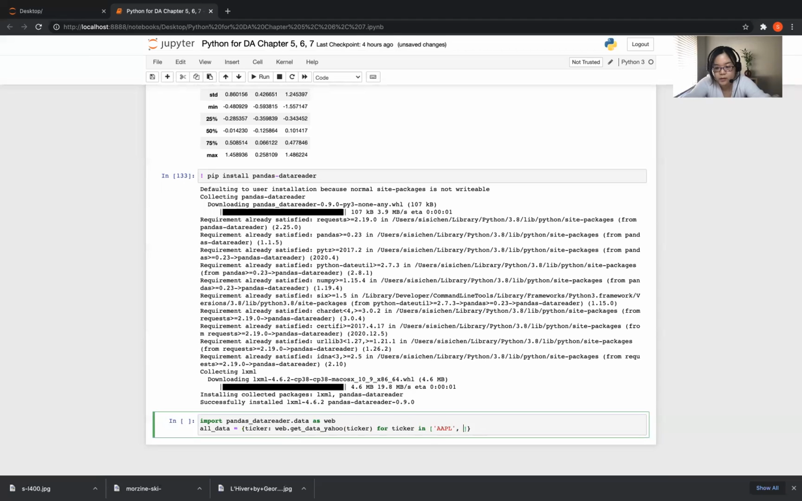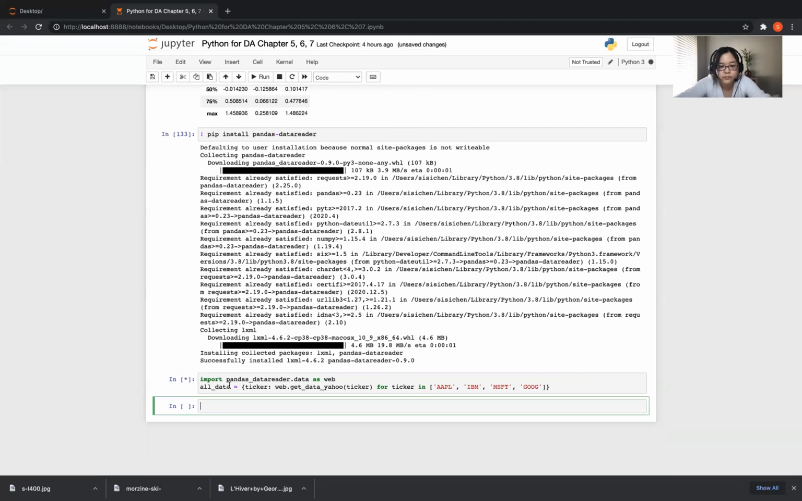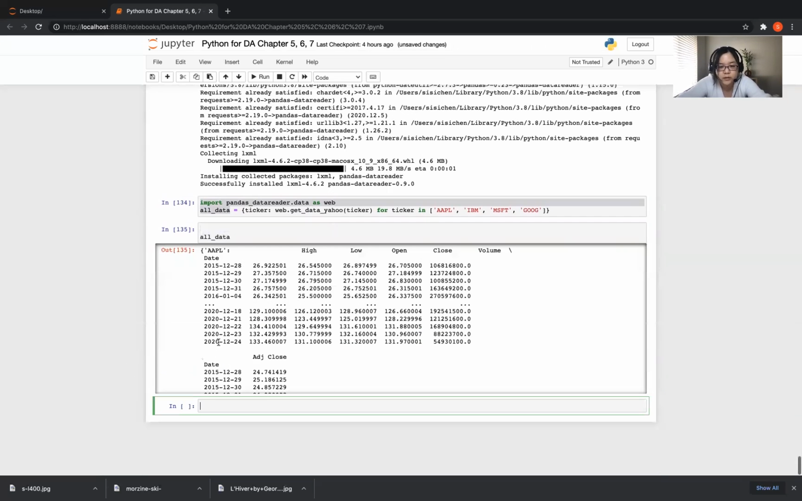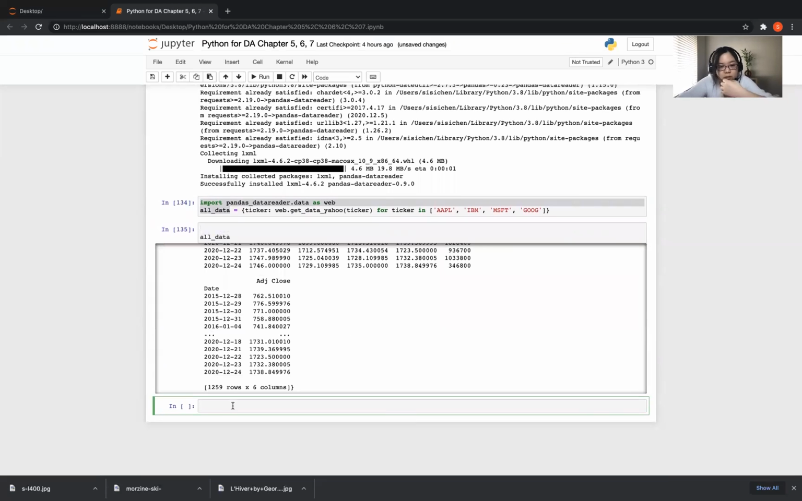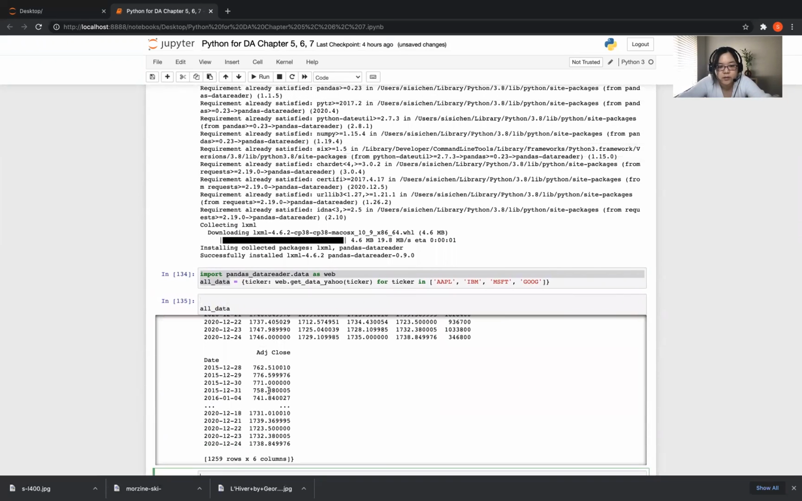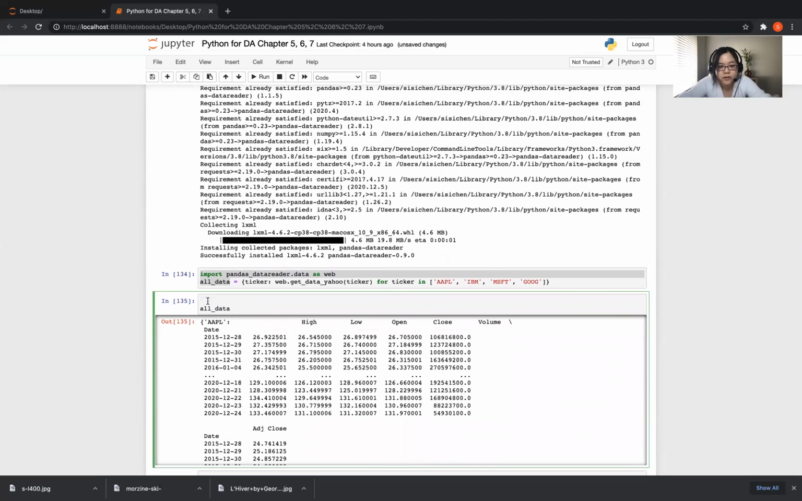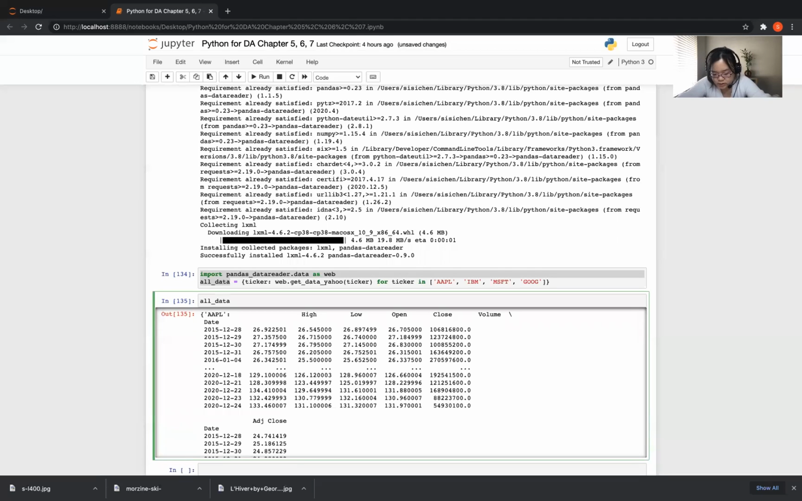IBM, FT, GOOG. Okay, so let's see what's in all_data. Not that much. Right. So the next step we will do is